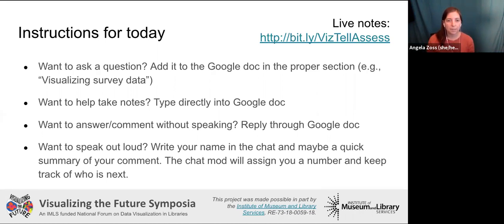Yeah, the dashboard question is an excellent one because our next topic is the difference between public and private visualizations in libraries. Especially in assessment, I feel like this topic comes up a lot. We start to think about audience, right? Our audience might be our administrators, and what kinds of visualizations do they want to see?